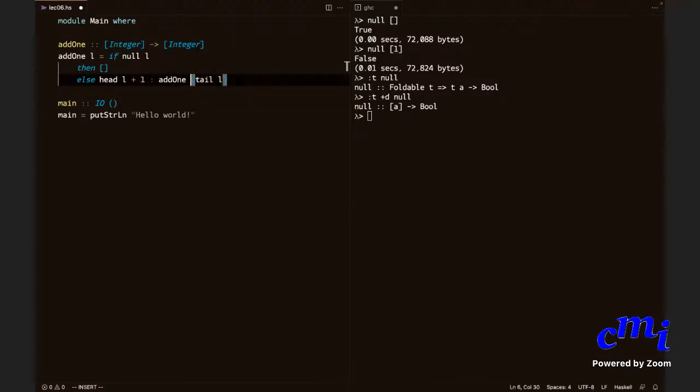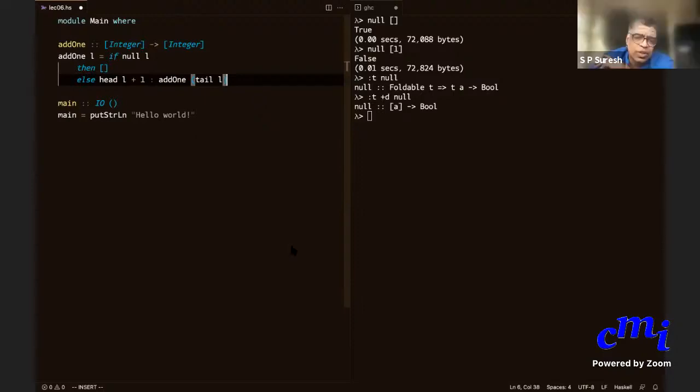Can we pattern match the empty set? Yes, we can. I'll come to that in a minute. Yes, one question. Suppose the list is a singleton, should we define what it is, or is this a complete code? Who's asking this question? Harish. So what do you think? I feel that you have to define it for singletons. If the list is a singleton, it will go to the else case, and then head L plus 1. Yes, this will take care of it.